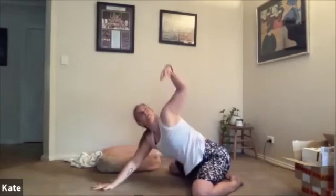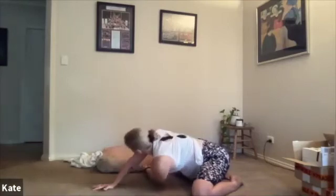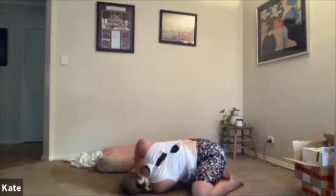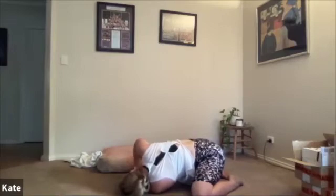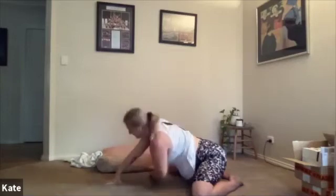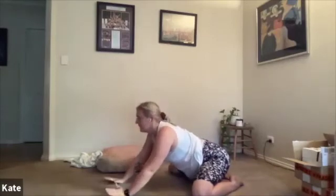And then the left side, reaching the left fingertips up. And exhale, threading underneath the right arm. Pressing into the right palm to deepen this twist. Feeling the stretch through the legs here as well. And then pressing into the right palm, returning the fingertips up to the ceiling and out in front,